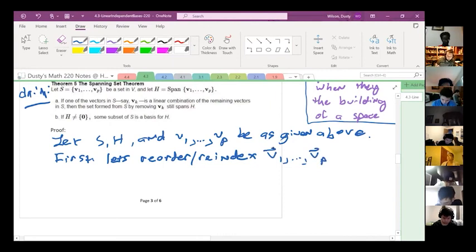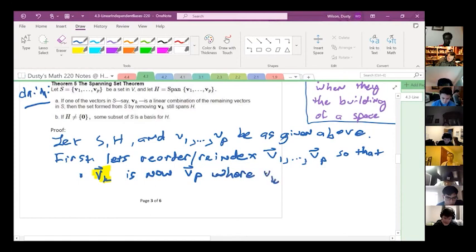We want to do it so that we can accomplish two things. First, we want to have that we have a bad V last, so that VK is now VP, where VK was a linear combination